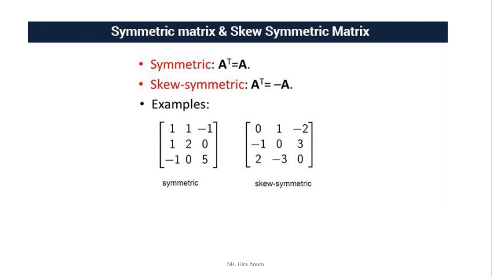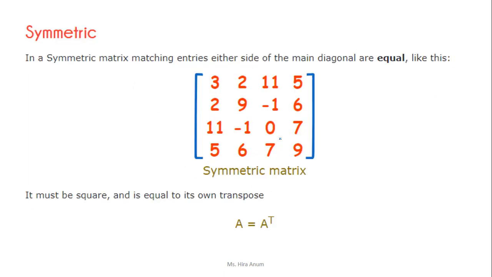Symmetric matrix and skew symmetric matrices. In a symmetric matrix, A transpose equals A, and skew symmetric is A transpose equals minus A. You can see this: 1 1 minus 1, 2 1 2, 0 minus 1 0 5. This is a symmetric matrix when A equals A transpose. When you take the transpose of this, it becomes